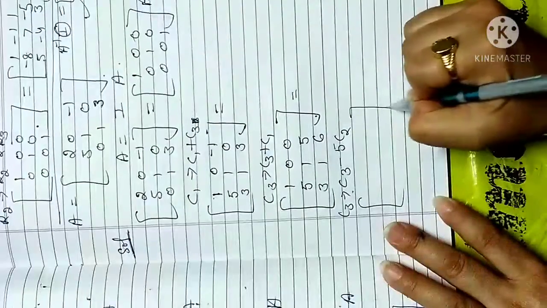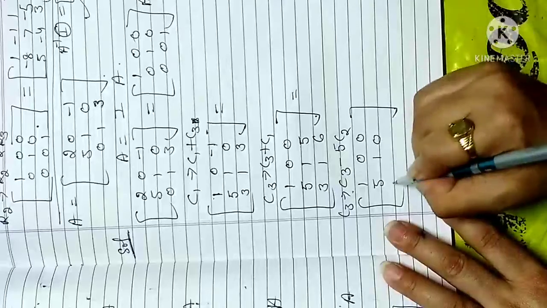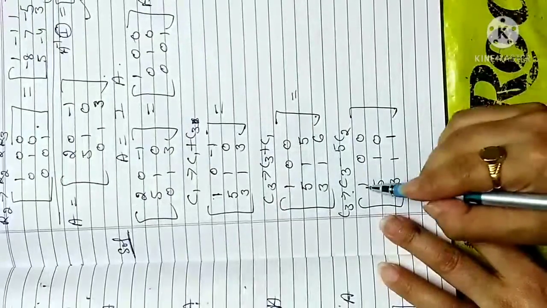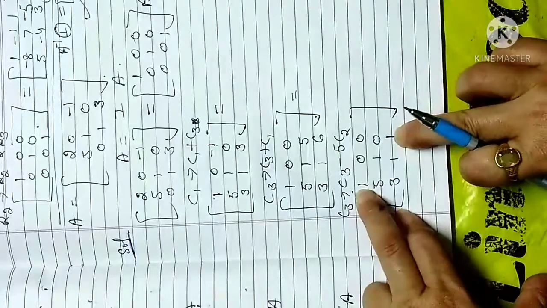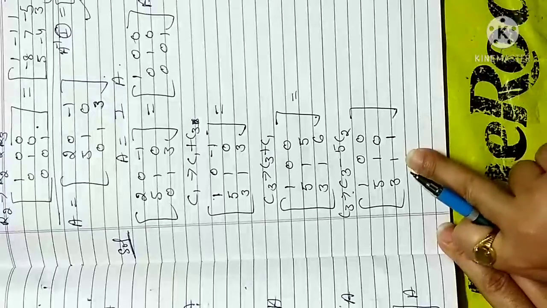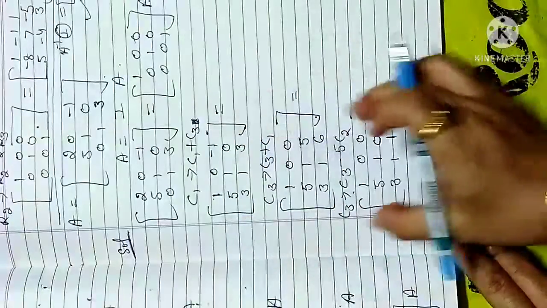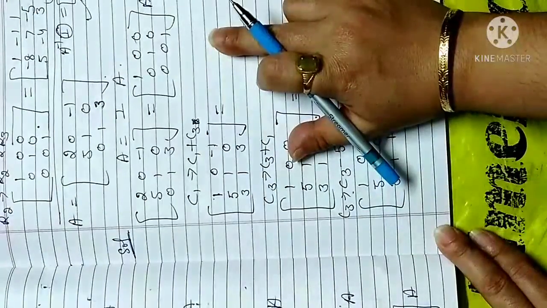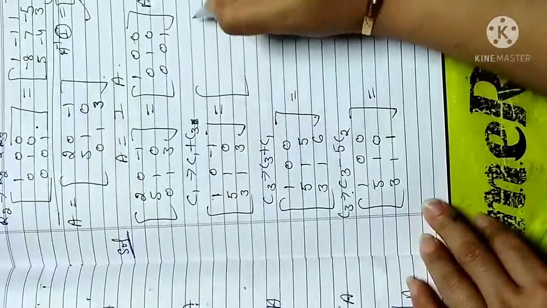So when I applied it here, I got the answer 1 0 0 5 1 0 and 3 1, and 6 minus 5 is 1. Okay, now diagonal I got it. So now my diagonal is fixed, upper triangle is fixed. Now only these 3 numbers are targeted to make it 0. Okay, so now if you think that you finished up to this and you are going correct, you can apply the same property here. Instead of going further, whatever you finish, you apply the same property here if you think that you are correct.